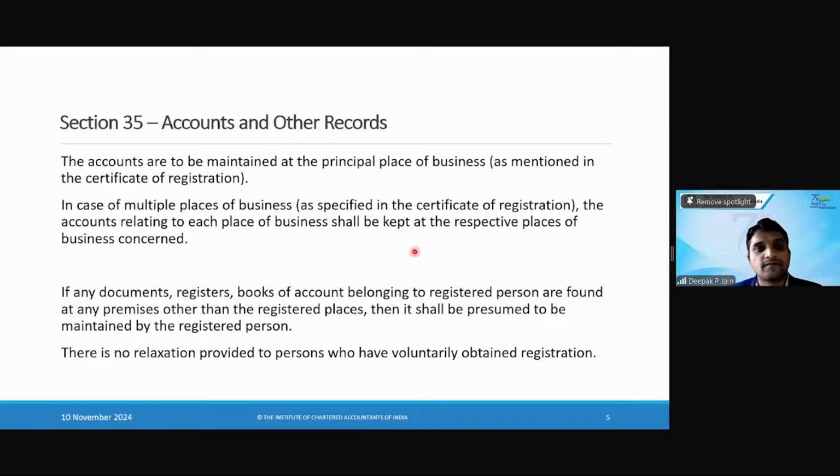Okay? So the accounts are to be maintained if multiple states are there. One place will be identified as principal place of business and you have to maintain all the records at the principal place of business. In case of multiple places of business, which is as specified in the certificate of registration,